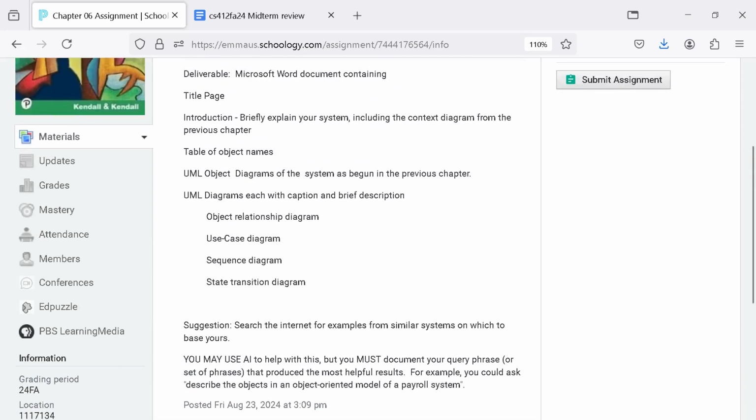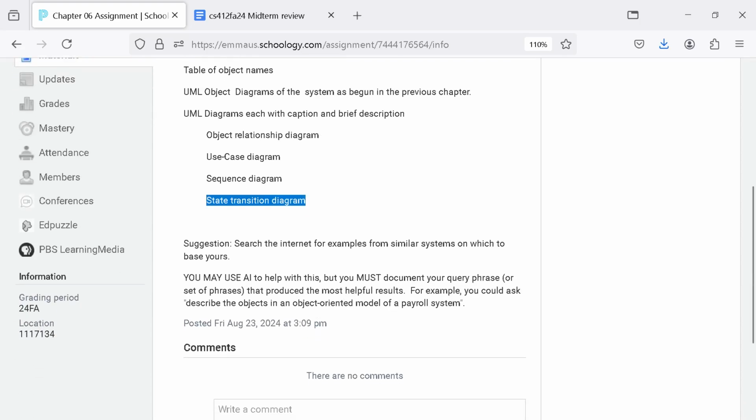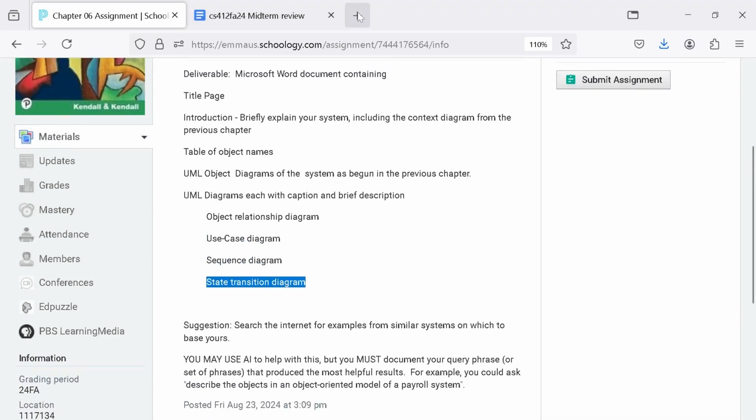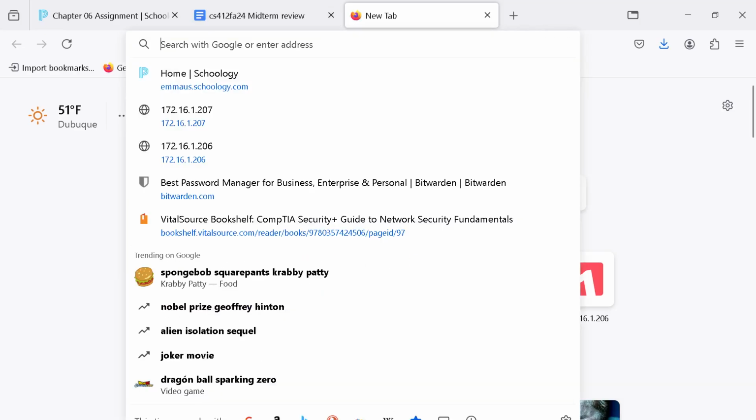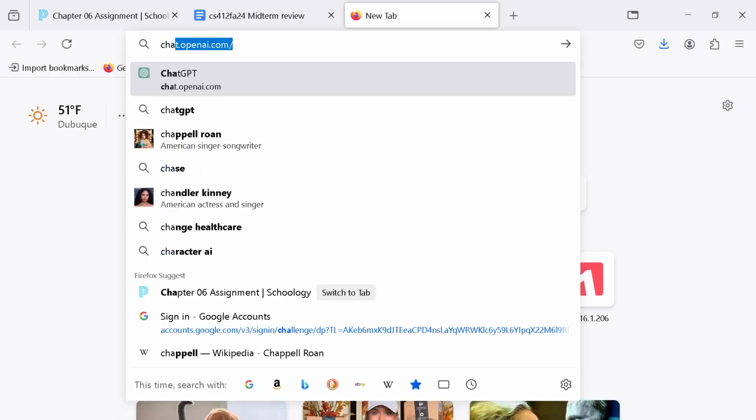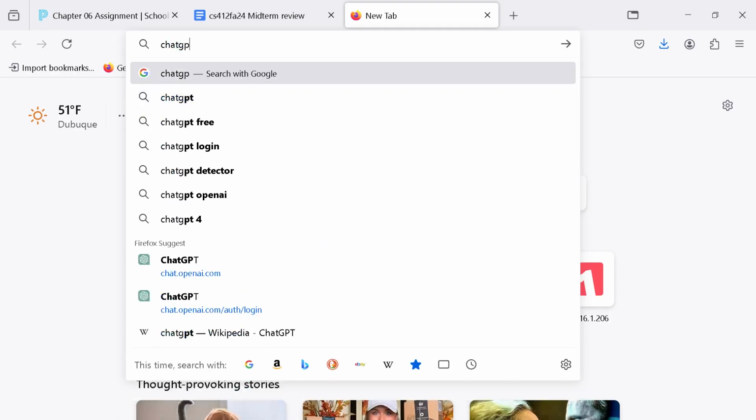I didn't talk about a state transition diagram. Do you need a little help looking over what a state diagram might be for our Bible catalog system? Yeah. Now, I did say you can use AI. Let's see what I could get with a reading from ChatGPT. And if you don't want chat,